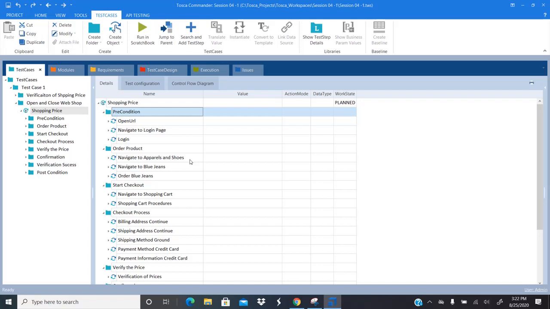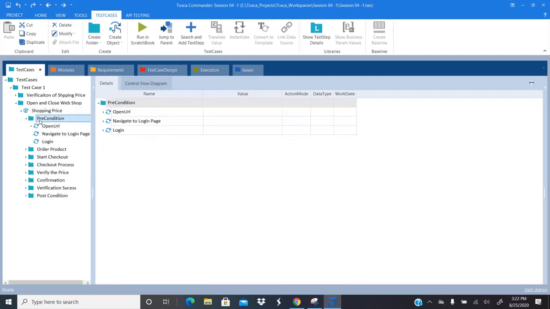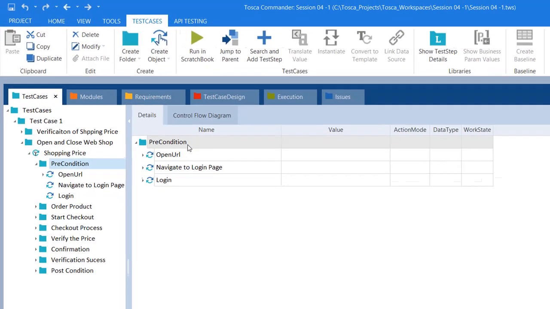So what to do and how to do that we have to instruct by providing the values or by providing the test step values. Okay, so let me just double click on my first folder, which is a precondition.